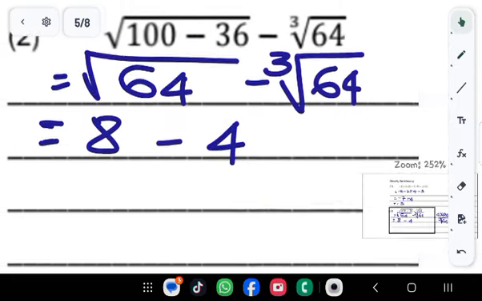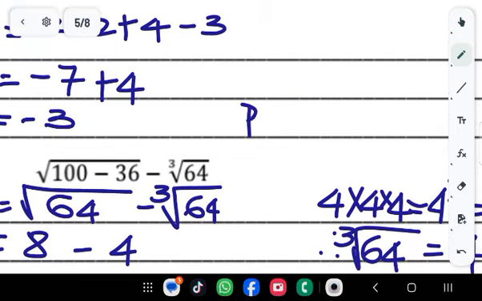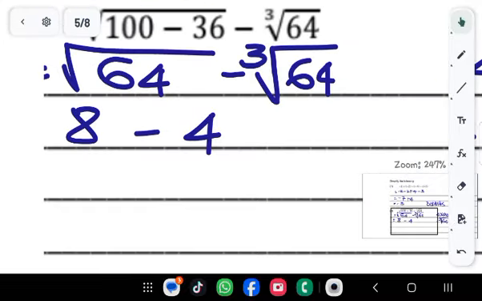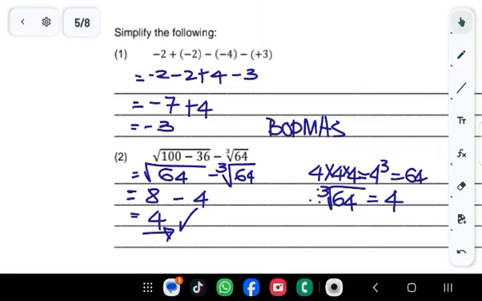So 8 minus 4. According to the rules of BODMAS, remember the rules of BODMAS? The rules of BODMAS say we must do all the orders, brackets and everything before we subtract. Now we can subtract, because we've worked out whatever was in the square root signs. 8 minus 4 equals 4, and that's your answer. Next question,